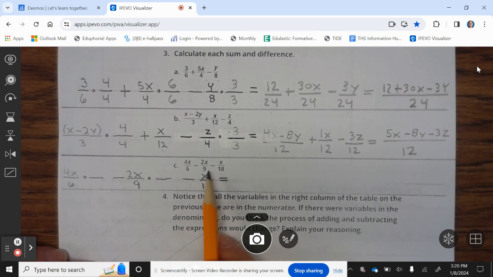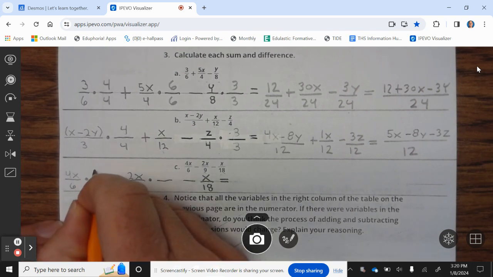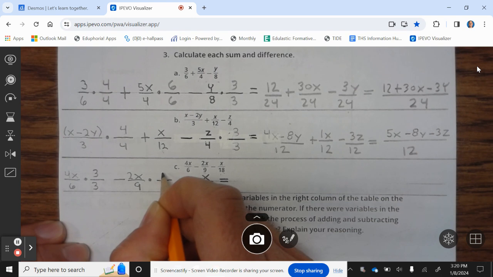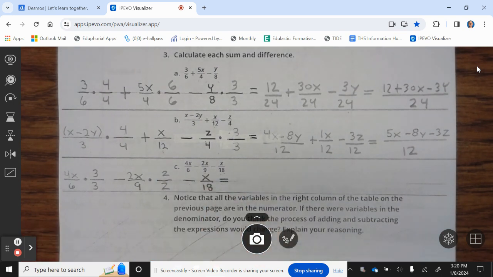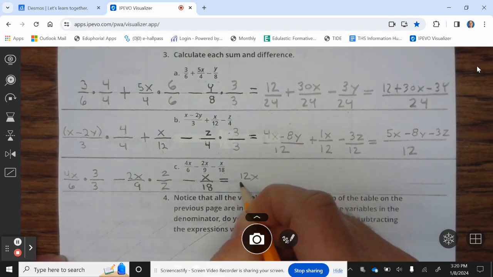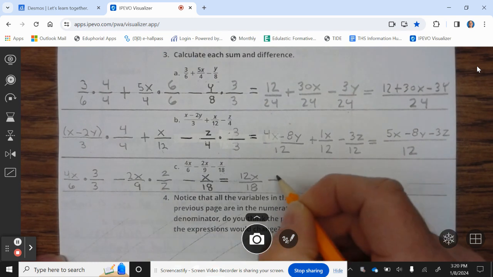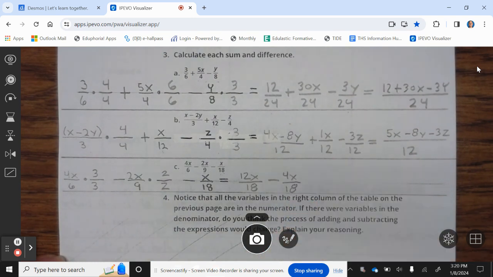Now, 6, 9, and 18, it's pretty simple to see that 6, 9, and 18 are all common to 18, so we need to make all the numbers in the denominator 18. So we need to multiply 4x divided by 6 by 3 divided by 3, and negative 2x divided by 9 by 2 divided by 2, and then we leave that alone because it is 18. So now we multiply. 4x times 3 is 12x divided by 18 minus 4x divided by 18